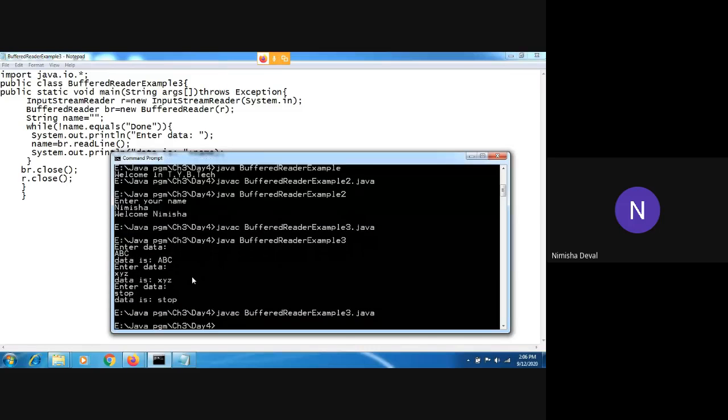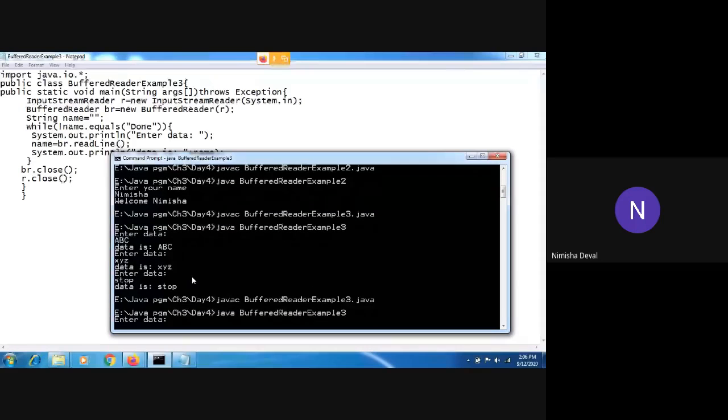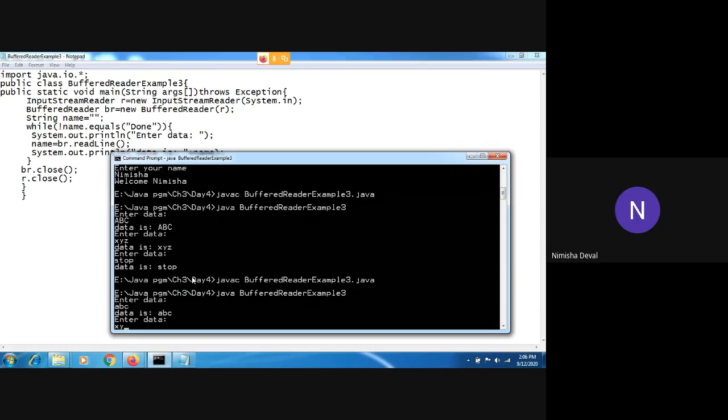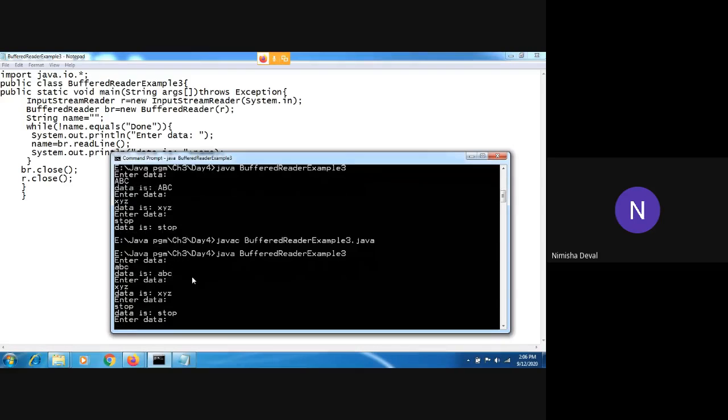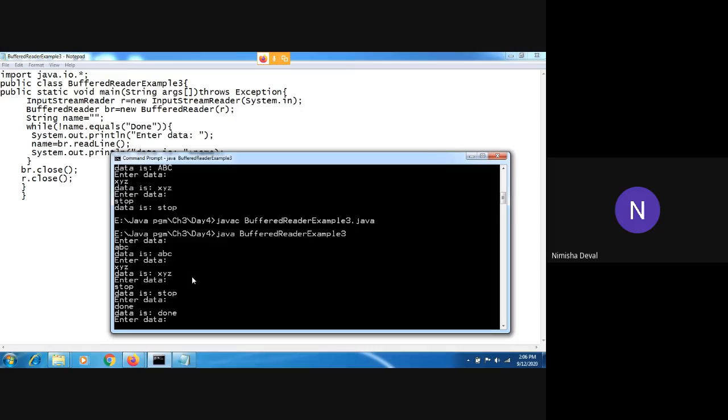So I will recompile it. Again same process. Now I will write here stop. It will take stop as a name because we have written done as the keyword. Now I have written it with a small d. You can see it with a small d.